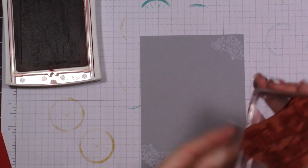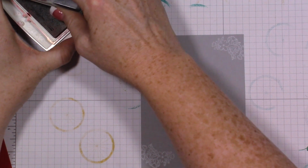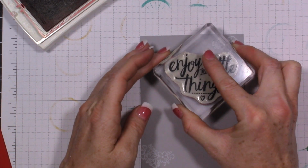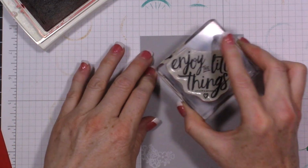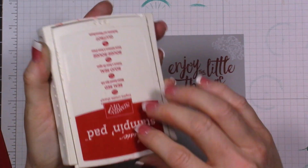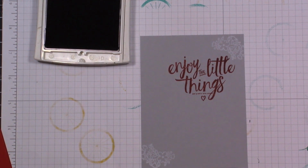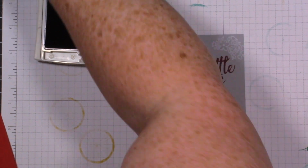So we're taking some real red ink. We're going to be using real red cardstock and real red ink. We're going to ink up this Enjoy the Little Things, and we're going to stamp it right here, and I'm hoping I get it nice and straight and right where I want it. And that's pretty good. Probably could have used a little bit more pressure on that. That's okay. So then we need our basic black, and we're going to go ahead and not wash, but wipe off our